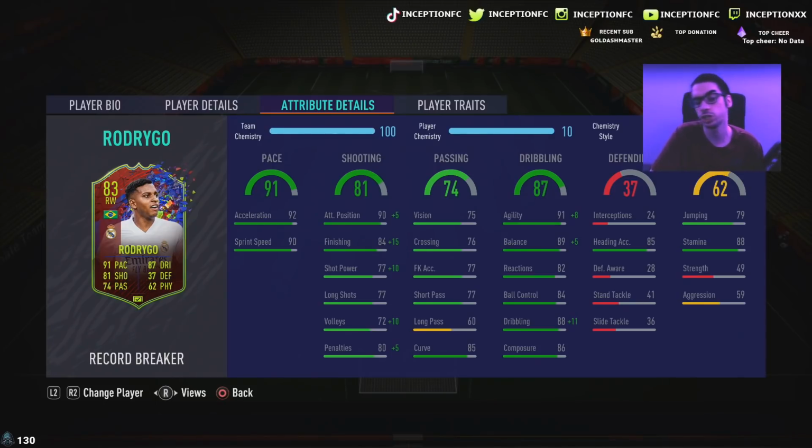So a little bit unfortunate that his shot power isn't higher than the finishing for base card stats, because with the chemistry style boost, it would have been nice to have more shot power over the finishing because of how finishing kind of works this year. But the finishing stat for base card stats is perfectly fine, because when you give him the chemistry style, he still gets a plus 15 for finishing and a plus 10 for shot power regardless, as well as